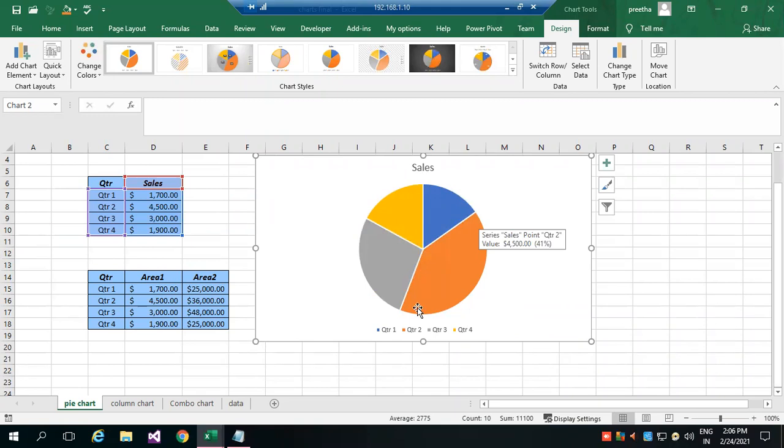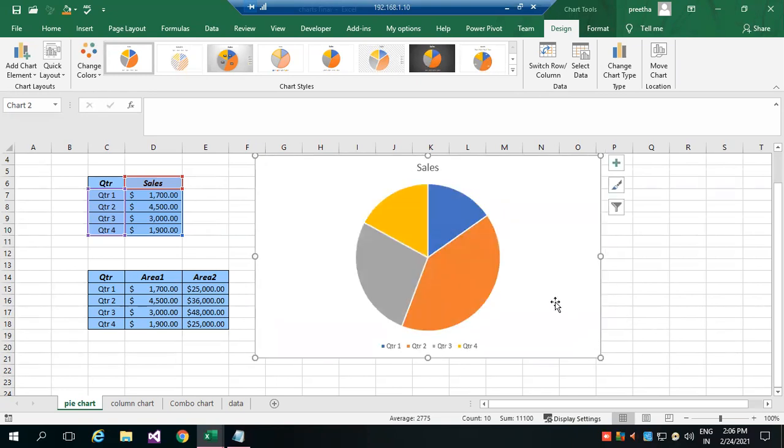You can see here quarter 2 has the highest sales, 4,500, whereas quarter 1 is 1,700, that is the least. So based on the pie size I can tell the highest or the least one.